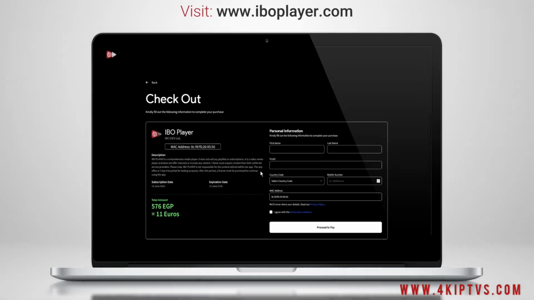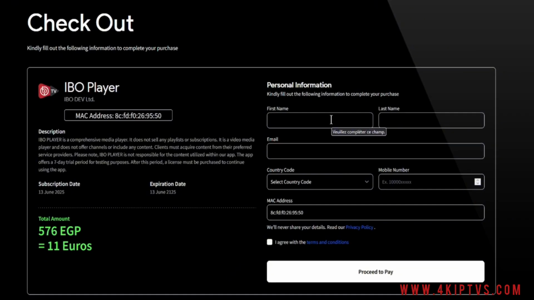Fill out the form with your correct details, like your full name, email, and phone number. The activation is lifetime and costs only